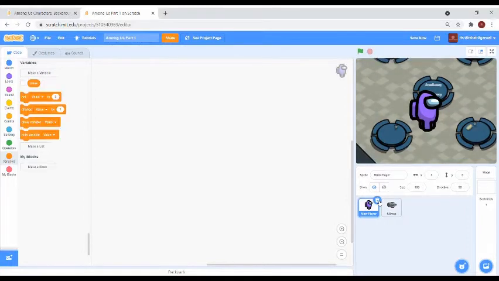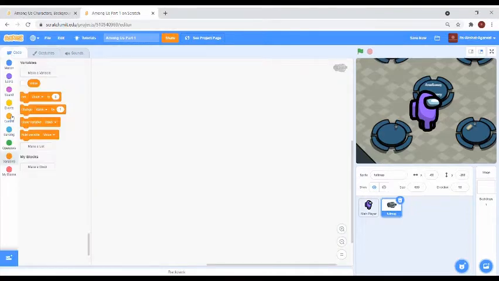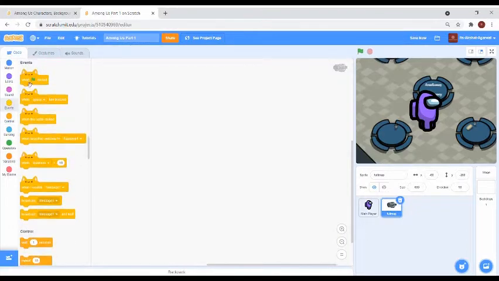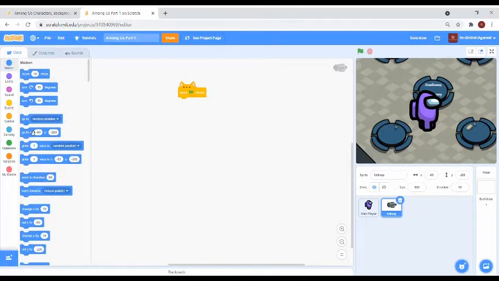So here what we have to do, in the full map I have given 2 costumes. One is blank and one is full map. So first we are going to place one flag clicked, and we are going to place it in the center by using go to X 0 Y 0.